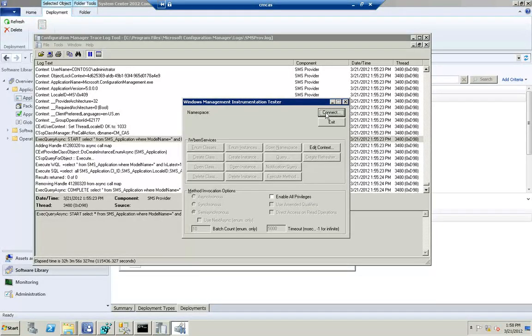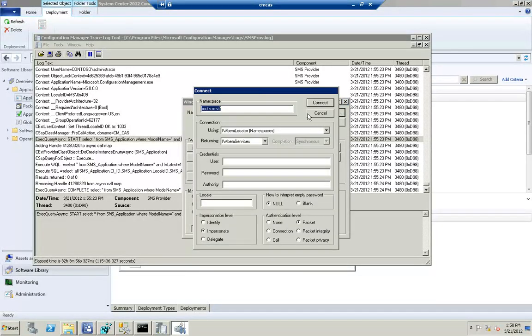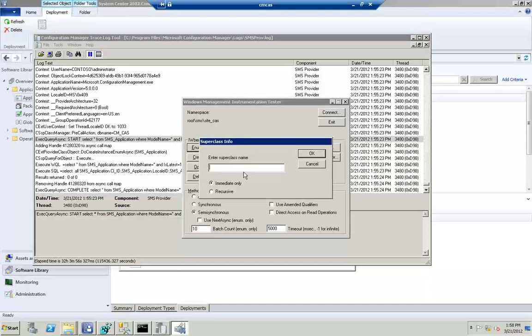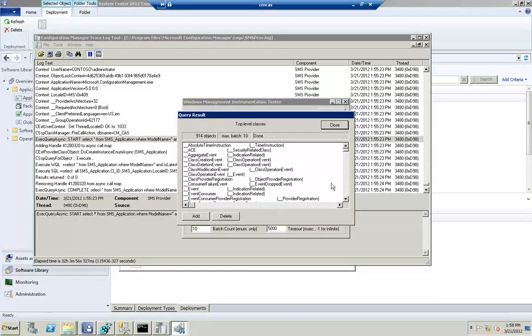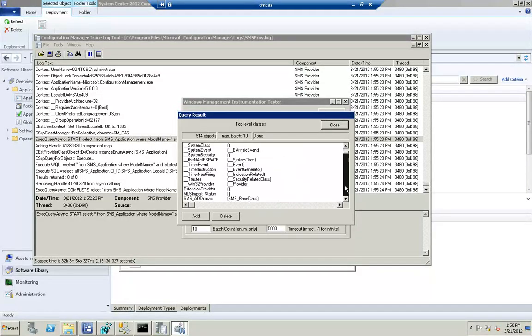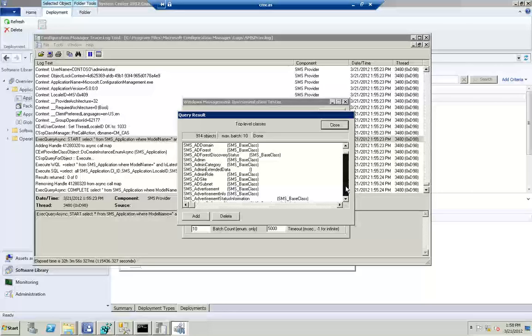So on the server side, we certainly have a WMI namespace. We do it as well on the client. On the server side, it's going to be under the generic SMS, and then we're going to have a site underscore and then your site code. Right? So on my CAS, it's going to be site_CAS. So I'm going to connect to that, and then I'm going to enum classes and take a look. Try to go down to this SMS_applications namespace. So under SMS applications,